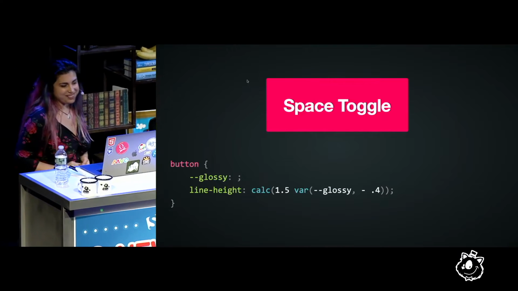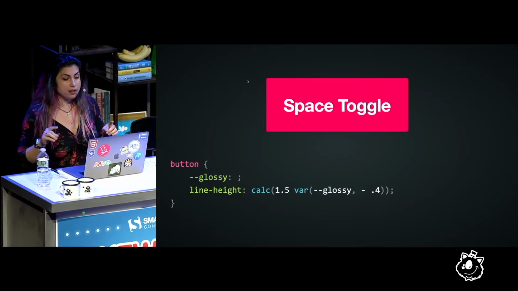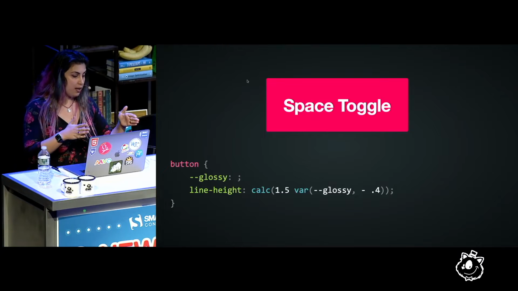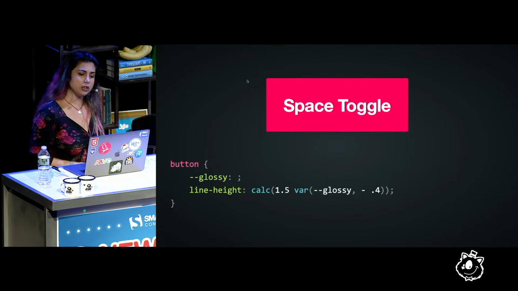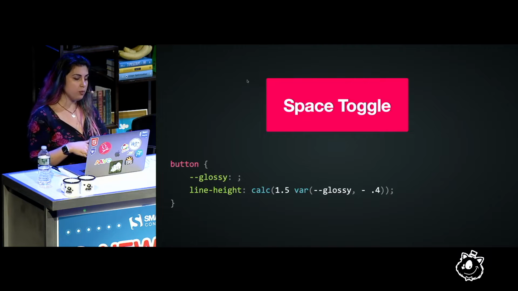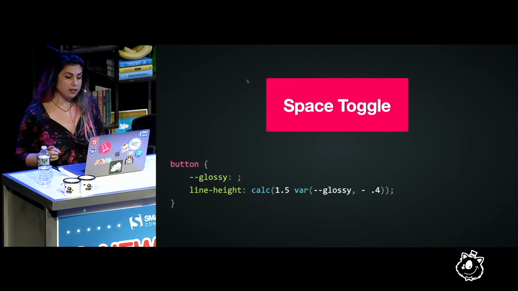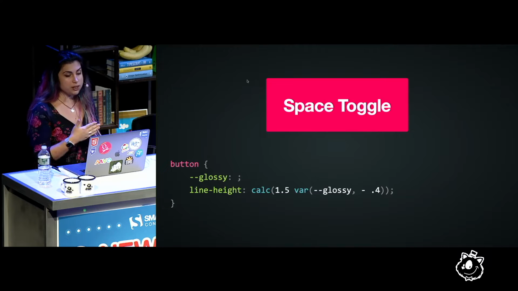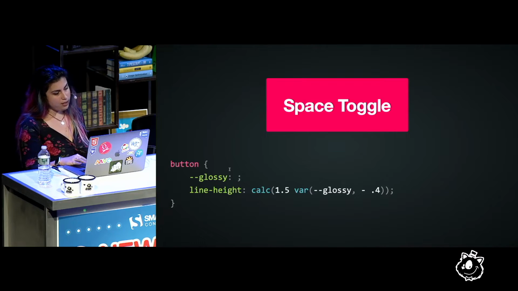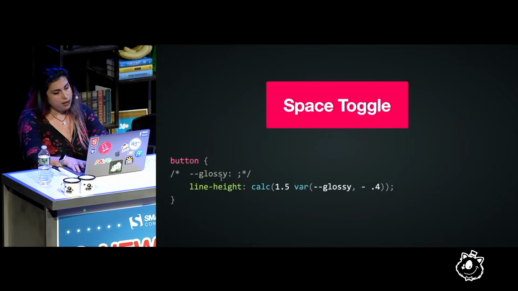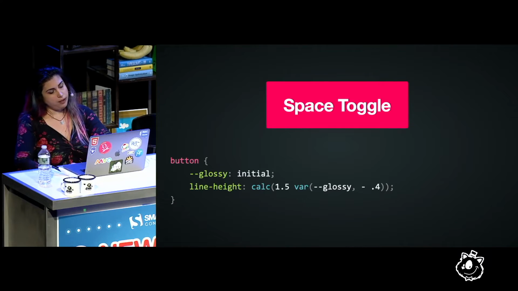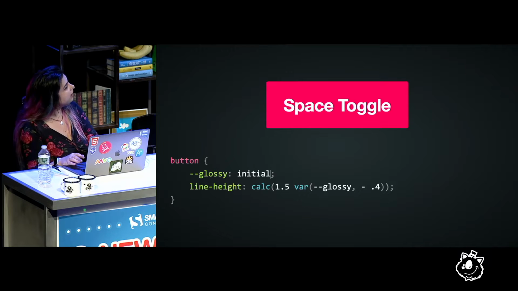This is how you do that. You basically specify the value when glossy is set to white space, the value when glossy is off, 1.5, and then the delta in a calc. How do we make it 1.1? We subtract 0.4. And now it's 1.5 when glossy is off, when it's set to white space. And if I comment it out, or if I set it to initial, now the minus 0.4 gets applied because it's the fallback, and I get 1.1.